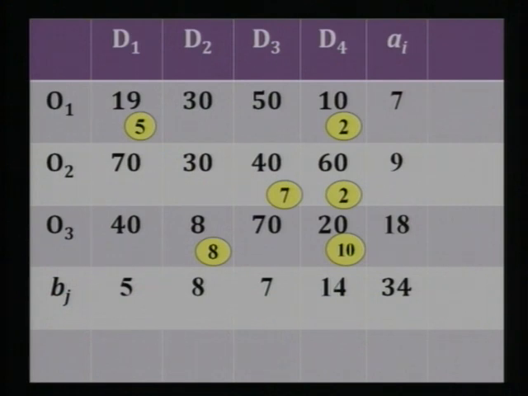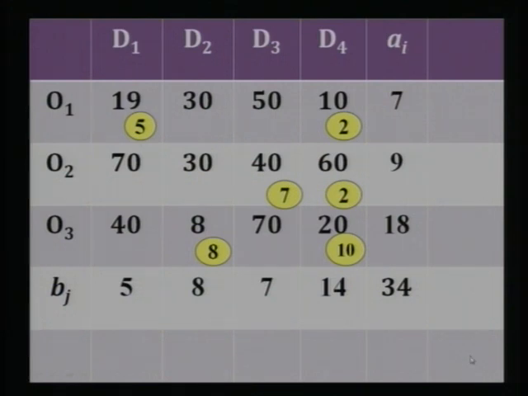And as you can see here also there are 6 basic variables. If it is not so, then your solution is called a degenerate solution and we cannot proceed further. Suppose we have got only 5 yellow circles or 5 basic variables, that means still one cell is to be occupied using some value and that should be taken as a basic variable, and such a solution is called degenerate solution.